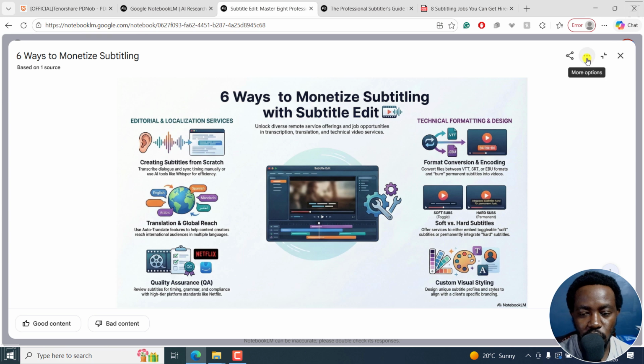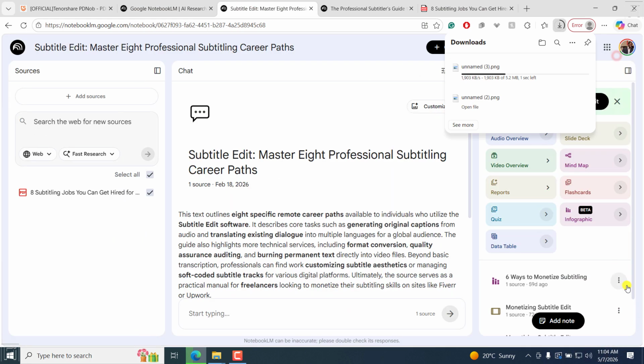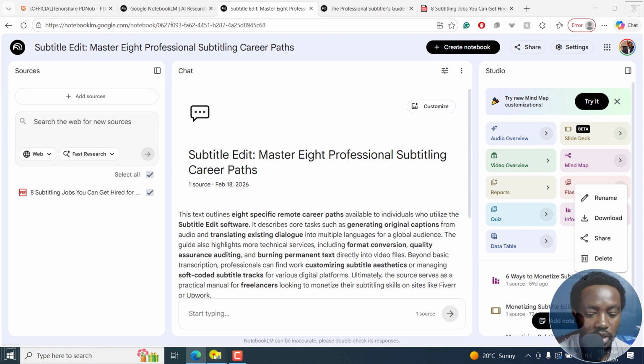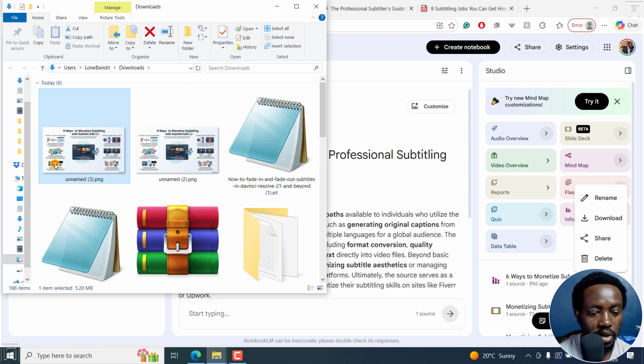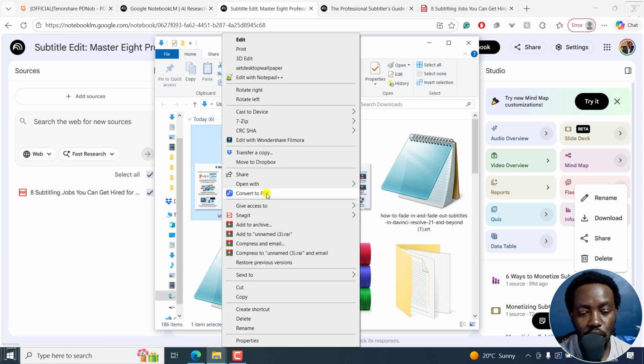So I'm just going to click on the 3 dots and download, and you can also click on the 3 dots here and download as well. So it's already downloaded, and we can navigate to the downloads folder. Let's just refresh. We've got it right here, and this is the file we want to convert into our PowerPoint that is editable. So I'm just going to right click on it, convert to PDF, and this is using Tenorshare's PDNob,